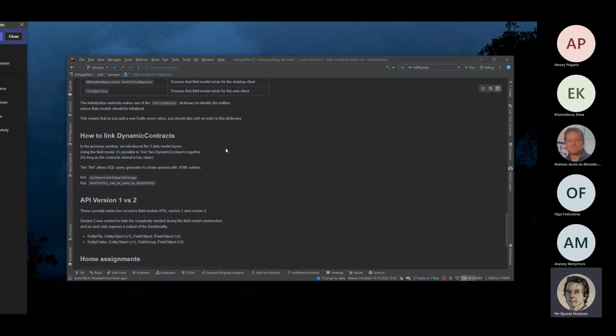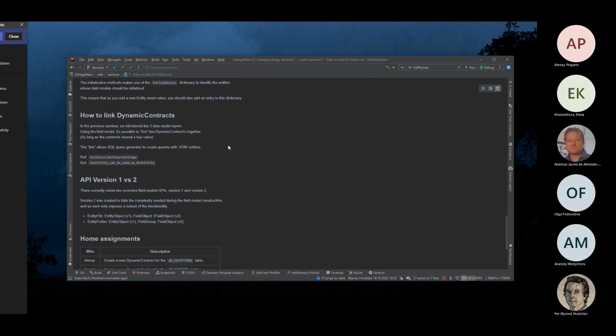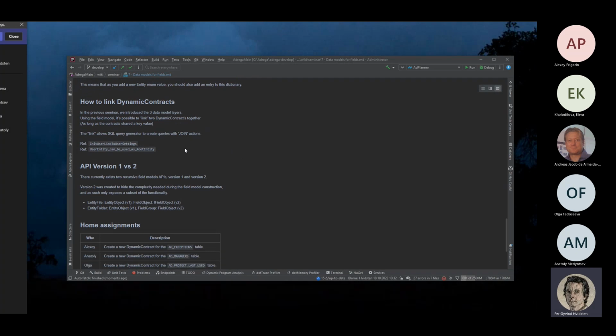I think I skipped this one because I already covered that. So one thing I wanted to highlight is also, now that we have a field model and individual data contracts, I have a way to enter in the field model a physical, if we could call it that, link between the contracts. So I wanted to illustrate this,